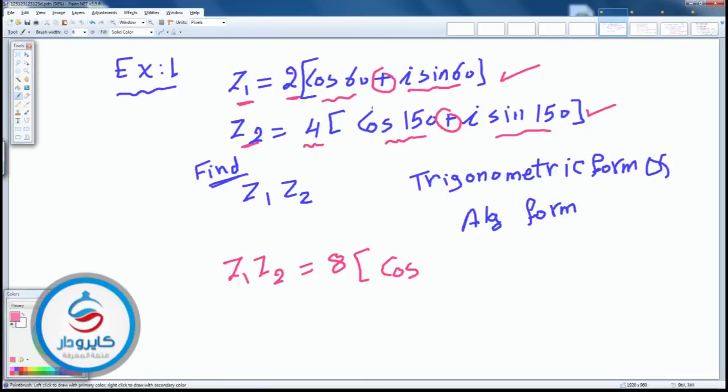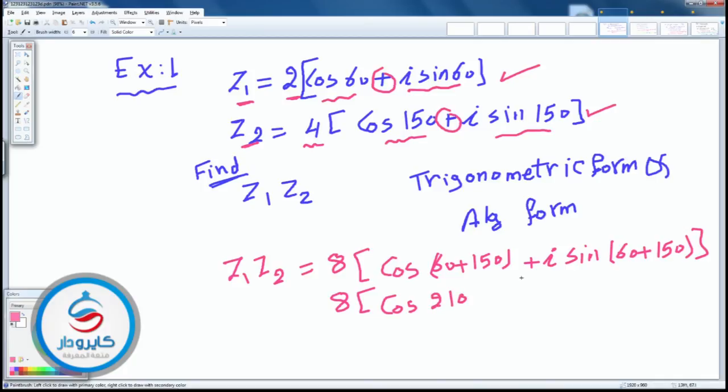Yes, sum the arguments, 60 plus 150, with cosine, also plus I sine 60 plus 150. So now we have 8 cosine 210 plus I sine 210, and this is the product in their